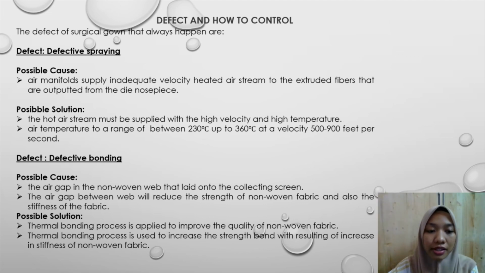Second defect is defective bonding. Possible cause for defective bonding is the air gap of the non-woven web will reduce the strength of the non-woven fabric and also the stiffness of the fabric. Possible solution for this defect is a thermal bonding process applied to improve the quality of non-woven fabric. Besides, thermal bonding is used to increase the strength of the bond, resulting in an increase in stiffness of the